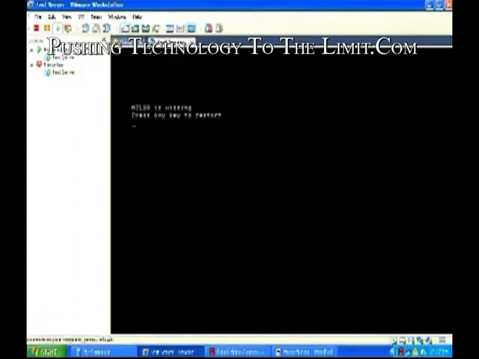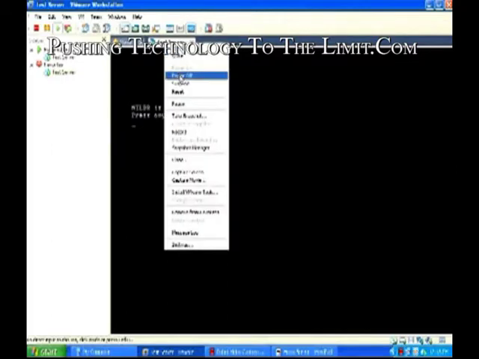Now here's the next part that you need to do. It says here the error is NTLDR is missing. Please press any key to restart. Now before doing that, take your floppy drive and disconnect it, and come up here, power off,